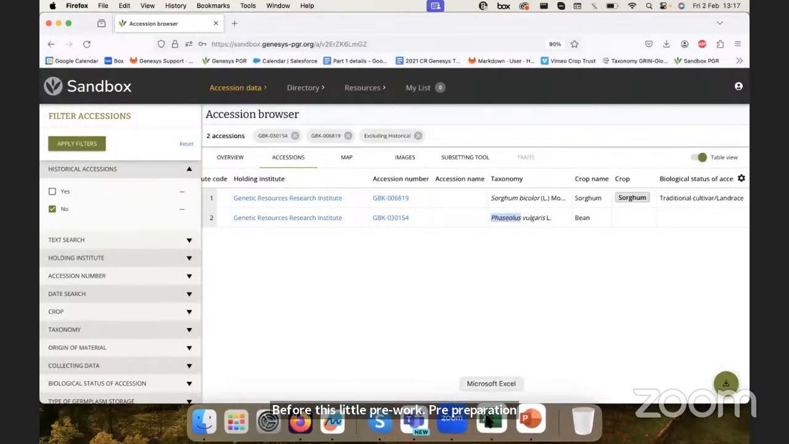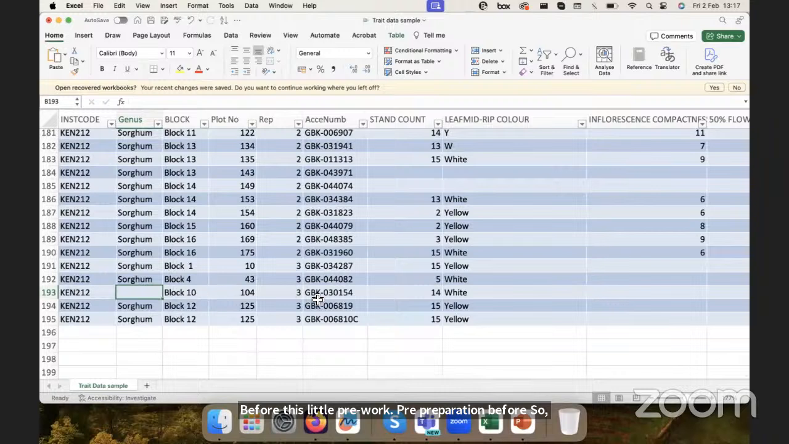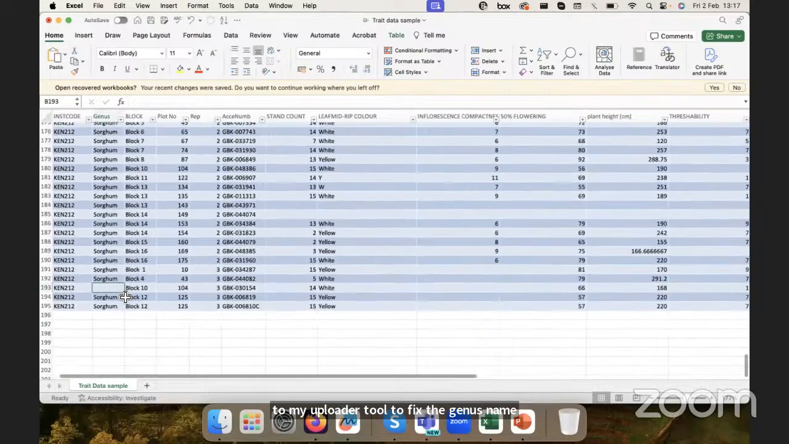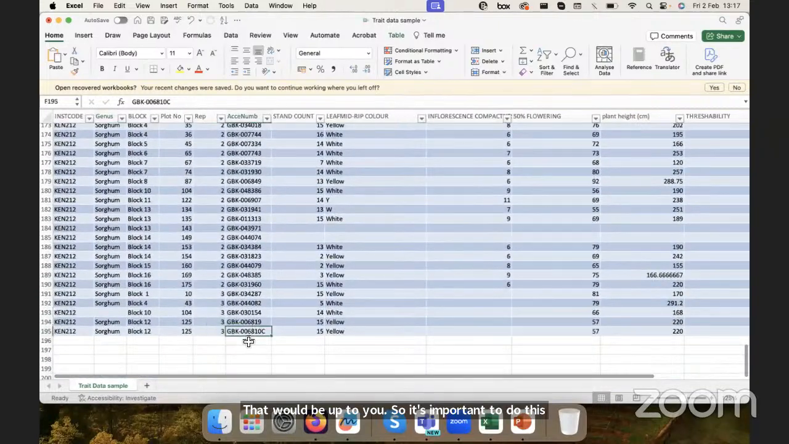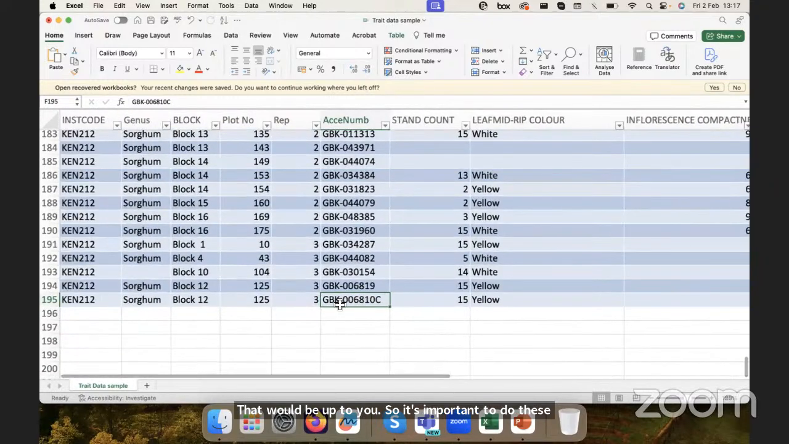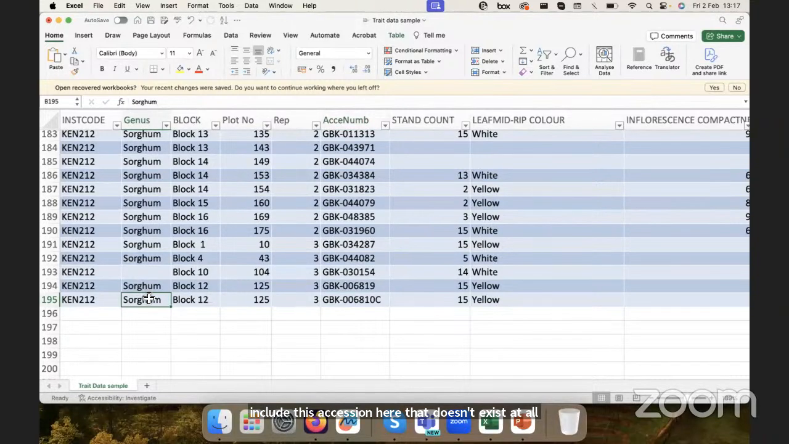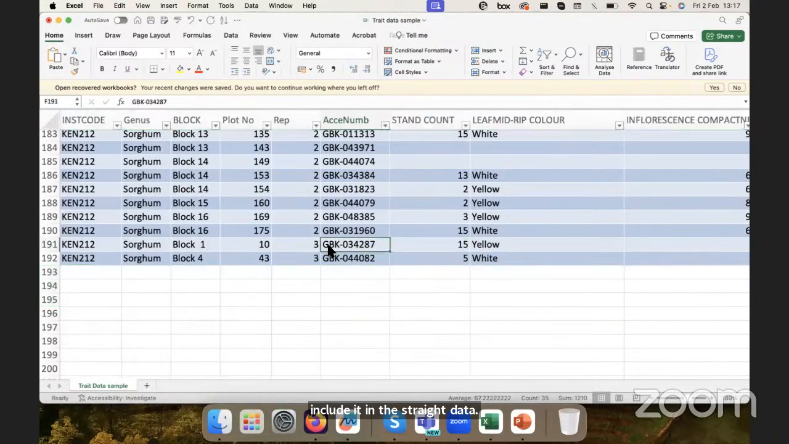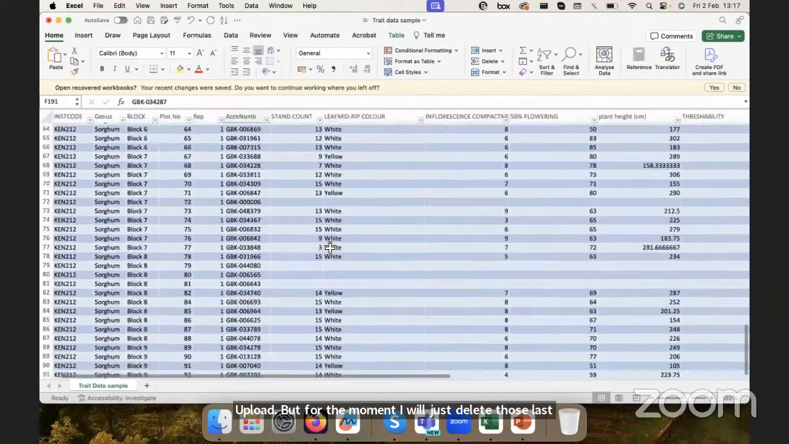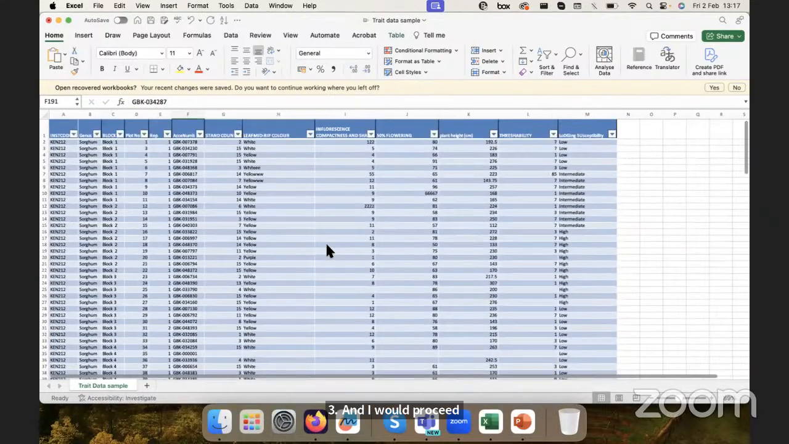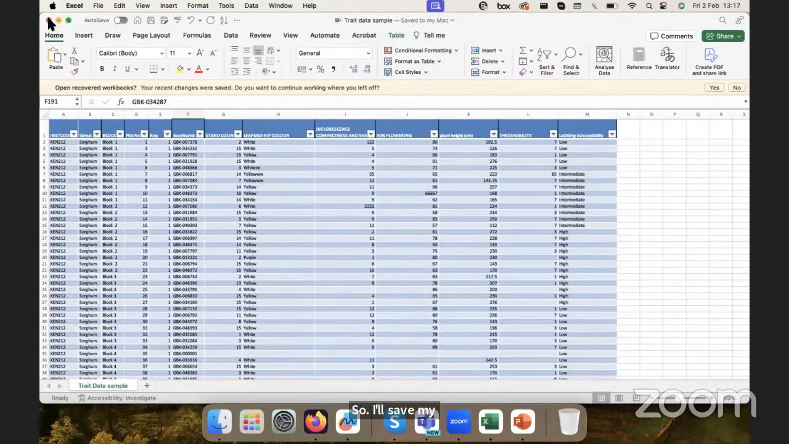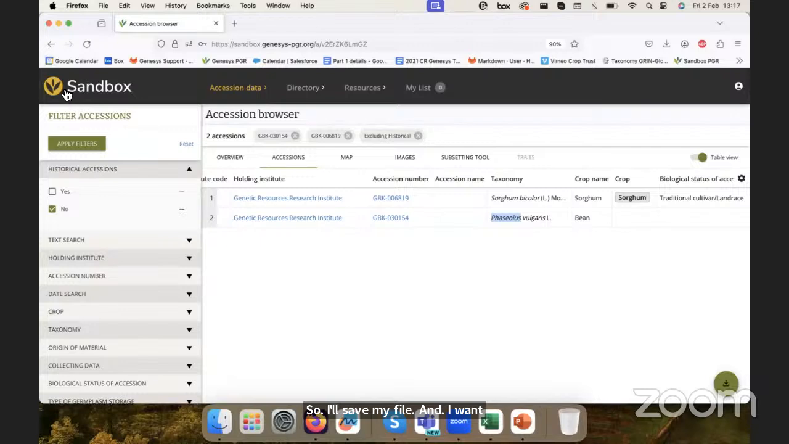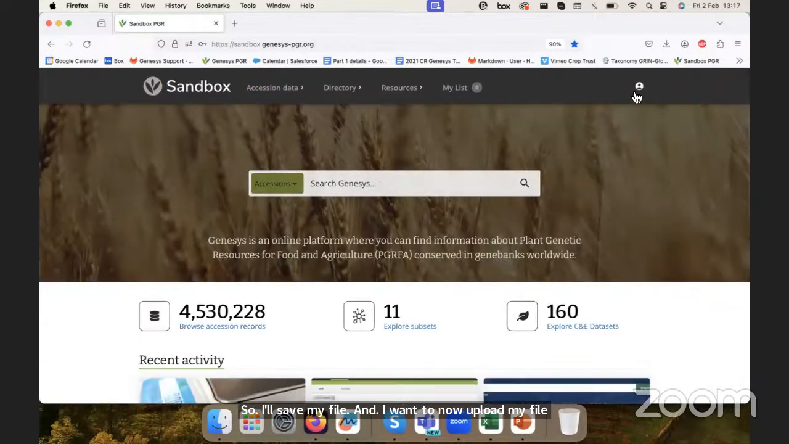So I could choose to ignore this accession, or I could go to my uploader tool to fix the genus name. That would be up to you. So it's important to do these checks. And I could choose also before to proceed to include this accession that doesn't exist at all in Genesys, to upload its passport data in order to include it in this trade data upload. But for the moment, I will just delete those last three, and I will proceed with the remaining ones that we have. So I'll save my file,